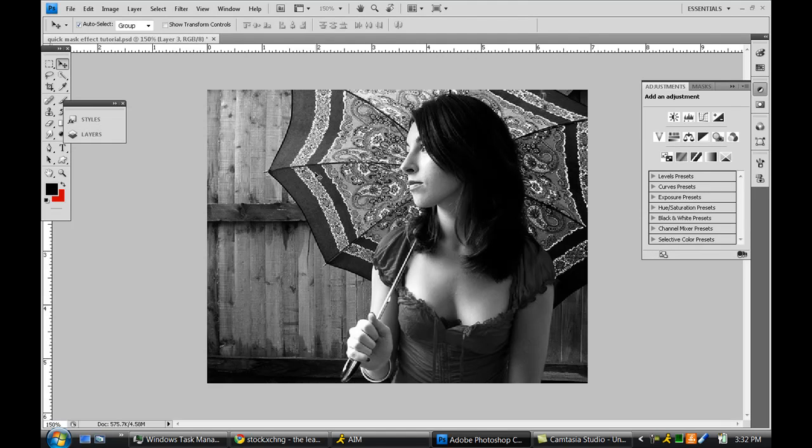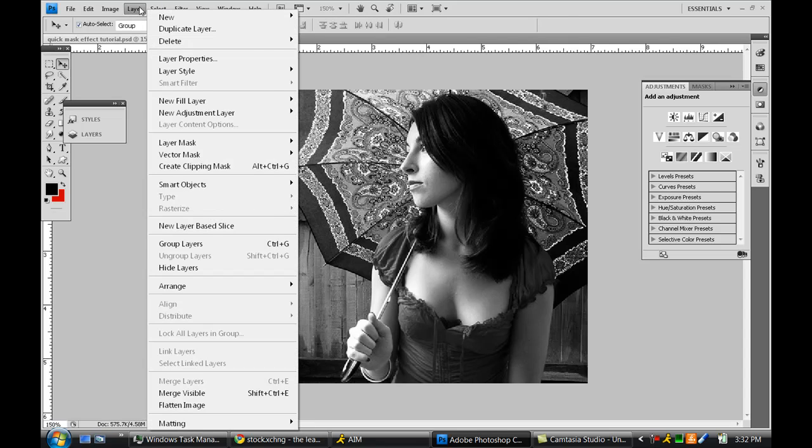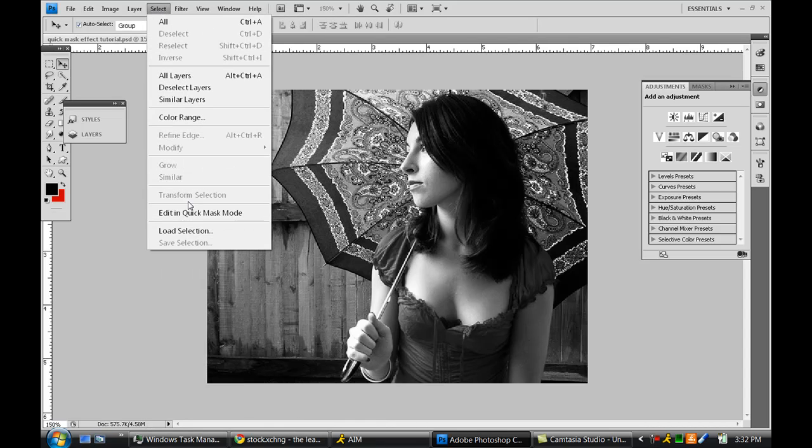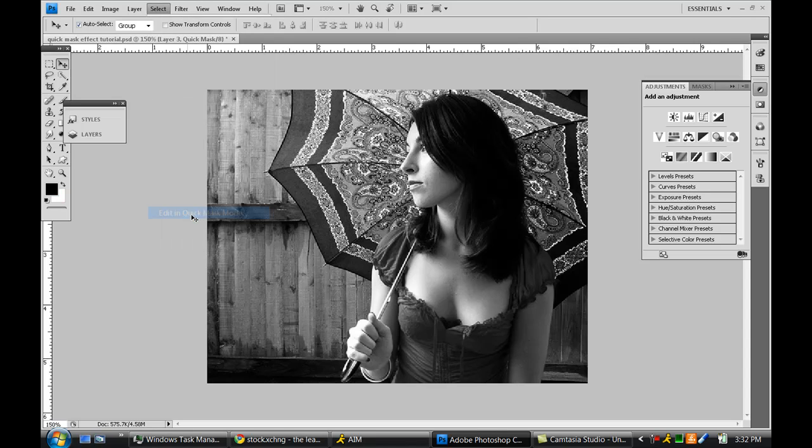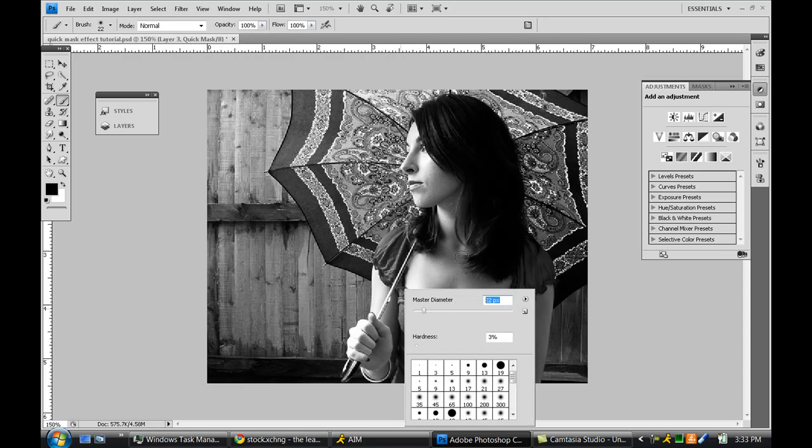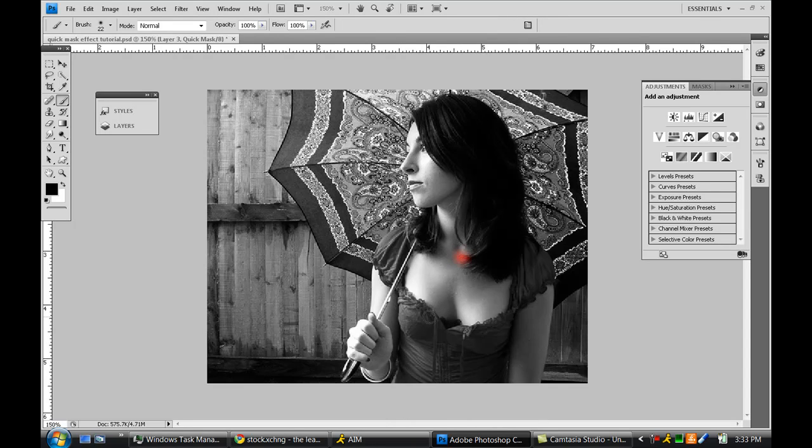and we're going to get into the quick masking. So to do a quick mask, just go to select, and go to edit and quick mask mode. So nothing happens right now, but what you will need to do is select your brush tool and set it to a good size brush, like a 22 pixel brush, depending on the image you're working with. And what I'm going to do first is just work around the dress area